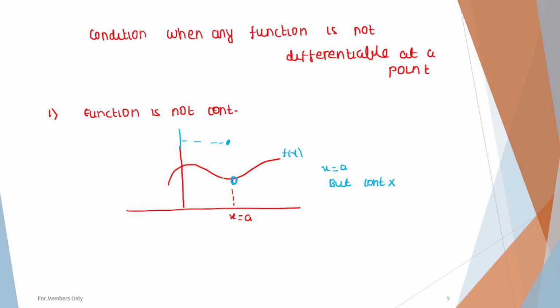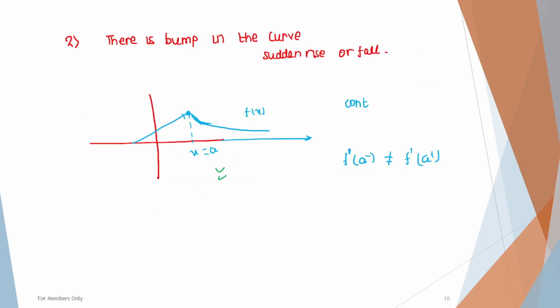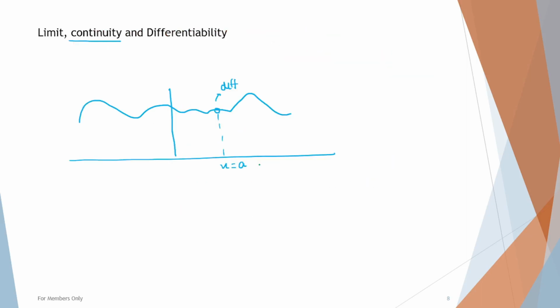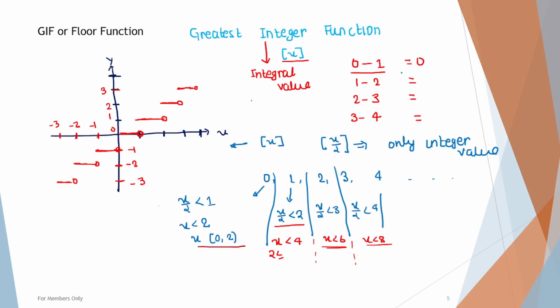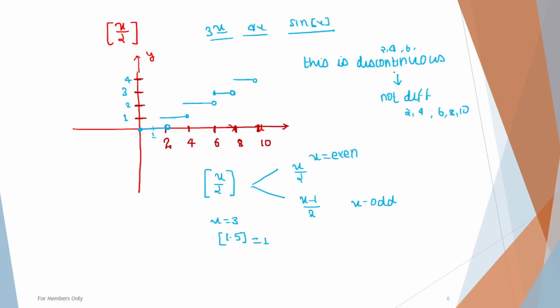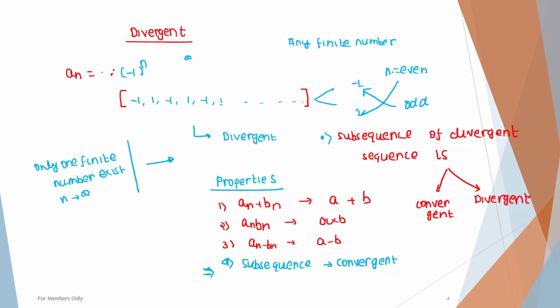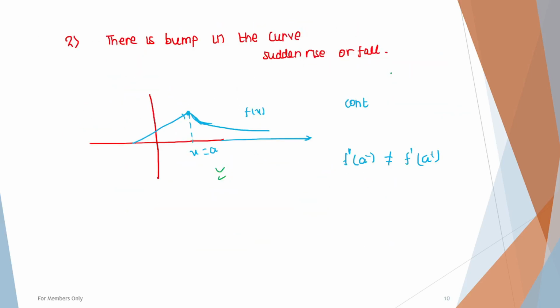So in most of the cases the continuity condition and the bump condition stop any function from being differentiable at any point, okay. And for continuity, the missing points stop it from being continuous, okay. We have understood about GIF, floor function, and all the properties of divergent, convergent, okay. So now moving to